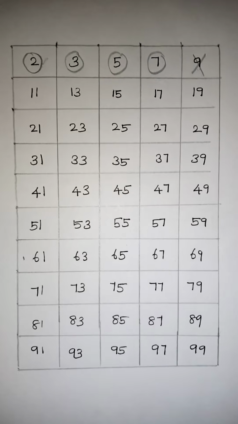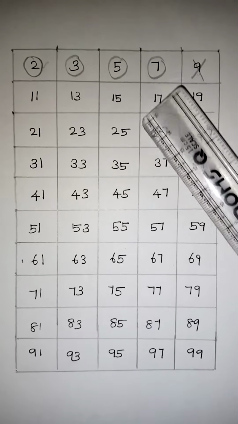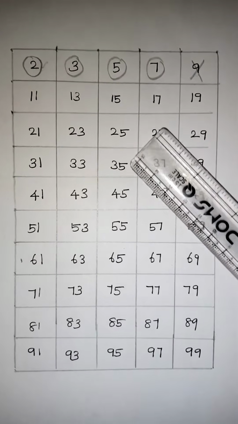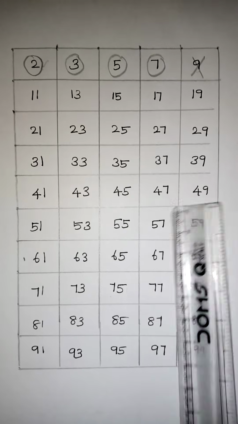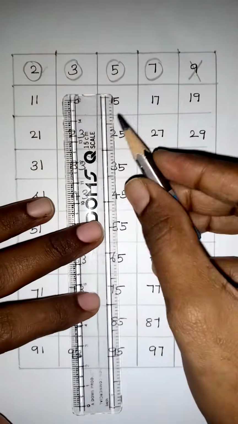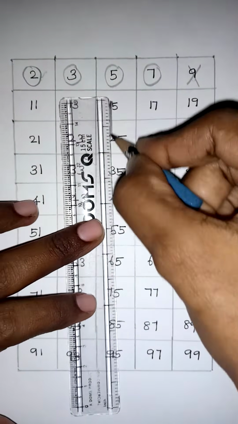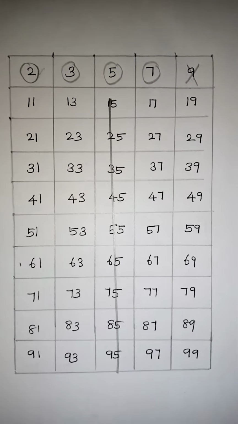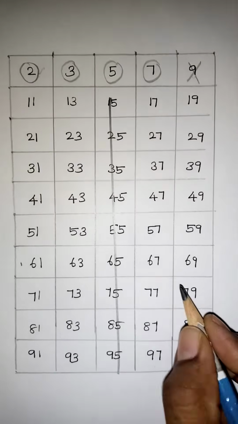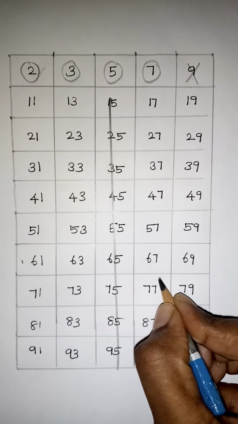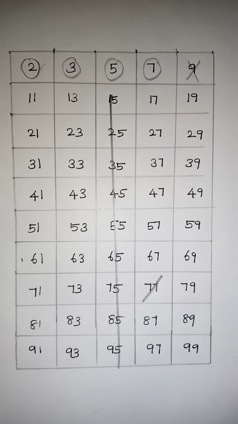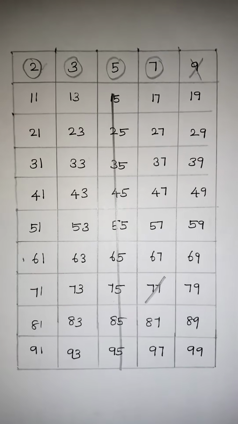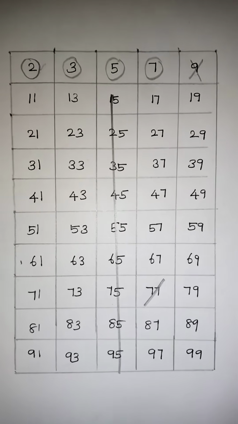Now we are going to cancel quickly. Now this is a 5. So the numbers which are ending with 5 will come under the 5 table. So the whole line will never come in the prime numbers at all. So you can cancel this whole line. So the numbers ending with 5 will never be prime. So I cancel that. Now 77 will come under the 11 table. We can cancel it. So anything which you know quickly, you can cancel it.